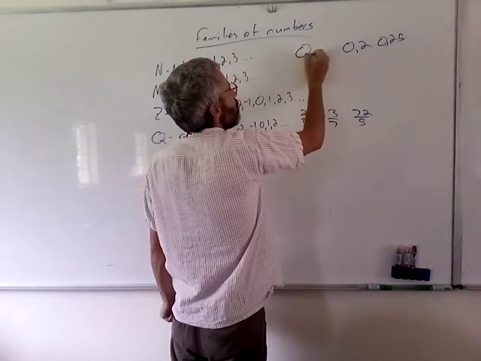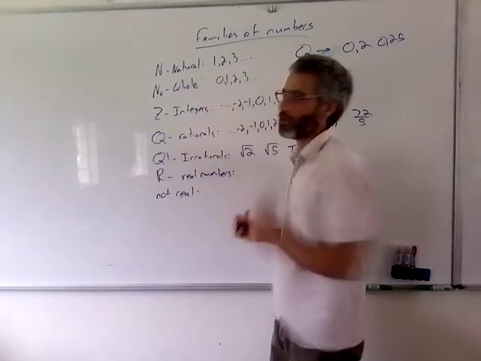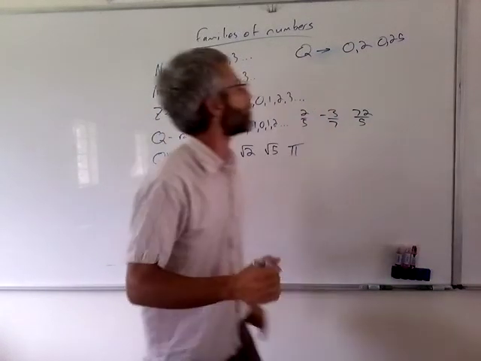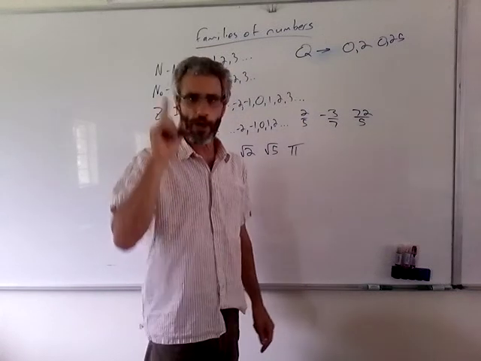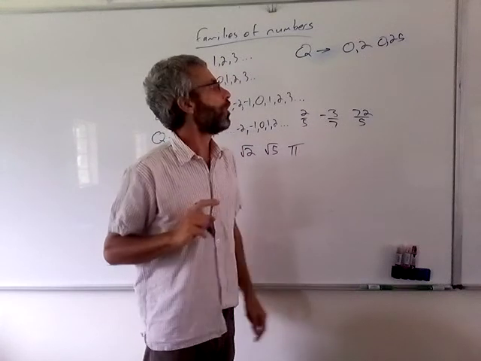Okay? Q stands for rational. I didn't tell you. The letter for rational is Q. I don't know why we use Q. So that's one way of figuring out that the number is rational, if it has a finite number of